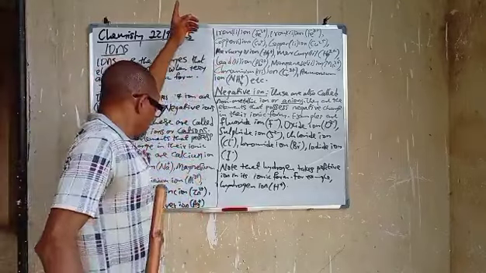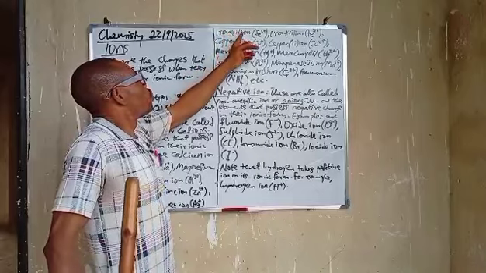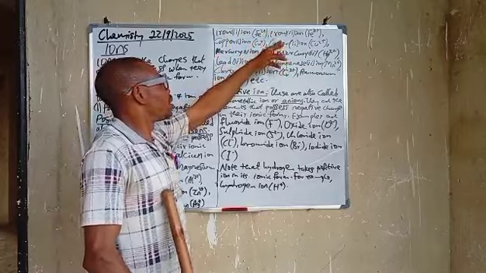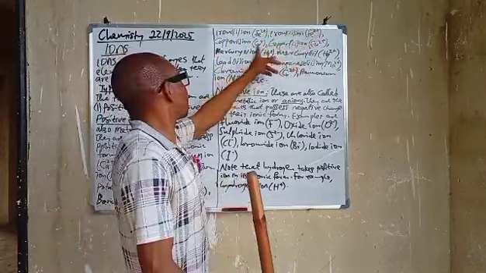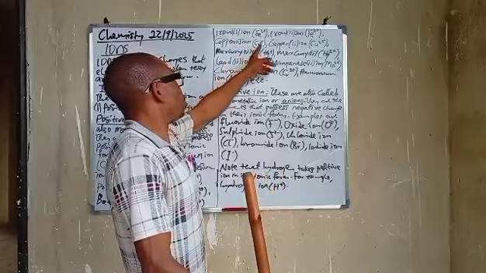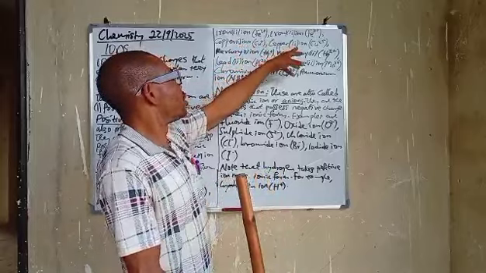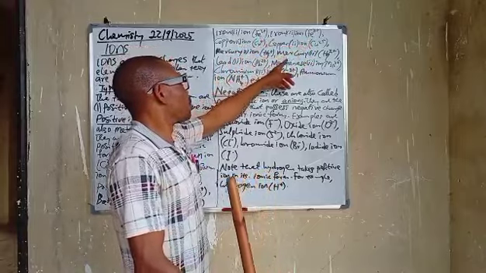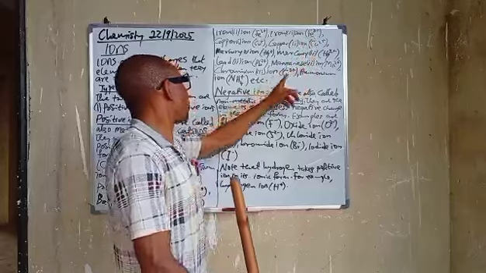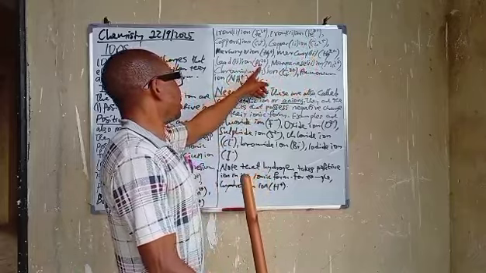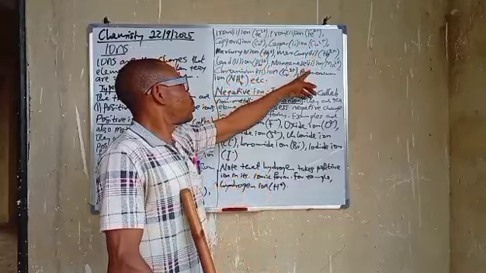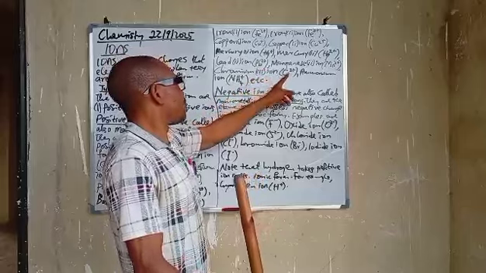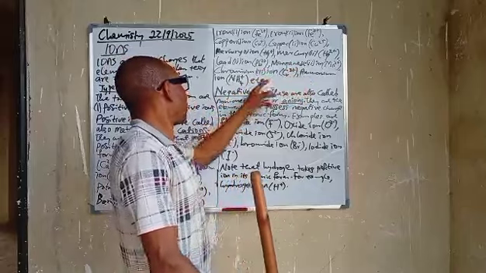Then we have more. Look at this one. Iron(II) ion, Fe2+. Iron(III) ion, Fe3+. Copper(I) ion, Cu+. Copper(II) ion, Cu2+. Mercury(I) ion, Hg+. Mercury(II) ion, Hg2+. Lead(II) ion, Pb2+. Manganese(II) ion, Mn2+. Chromium(III) ion, Cr3+, ammonium ion,